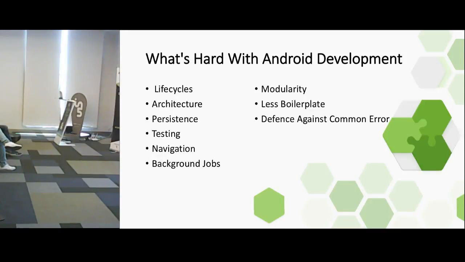Then the architecture. You know, Android receives its initial power from the Java world, and Java means freedom. Rockstar developers, lots of frameworks, lots of architectures, patterns, principles. Then we see MVVM, and we're lost again. So fresh starters don't know where to start, and they just don't know how to architect their apps. So architecture is a big problem to be solved, and Android lacks standardization of architecture.